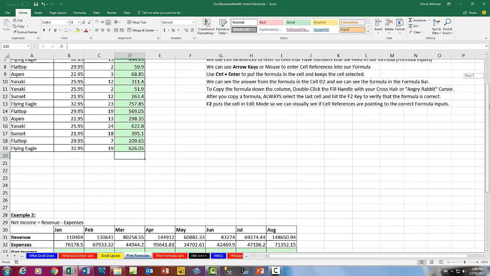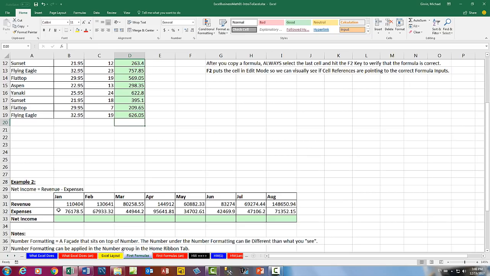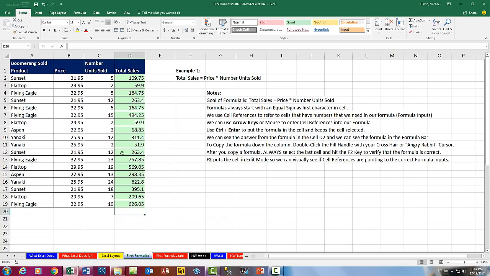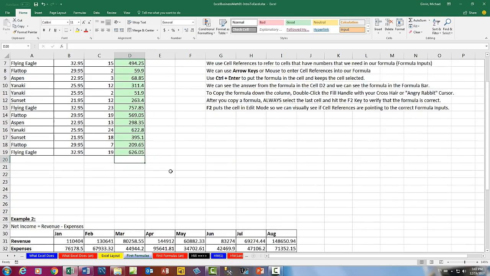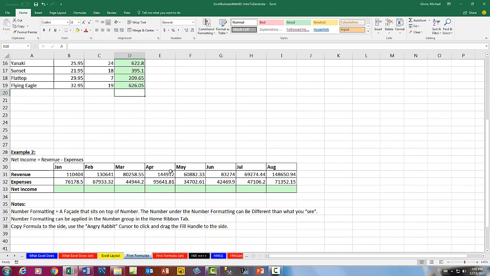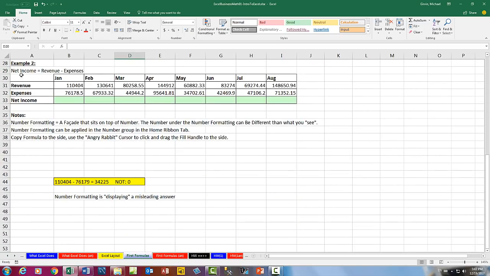scroll bar to scroll down. We can see example 2 right here. I'm going to use the vertical scroll bar to scroll back up. We can also use the wheel on our mouse without the control key. So if I just use the wheel, that'll allow me to scroll down. And I'm going to scroll all the way up so I see example 2 right below